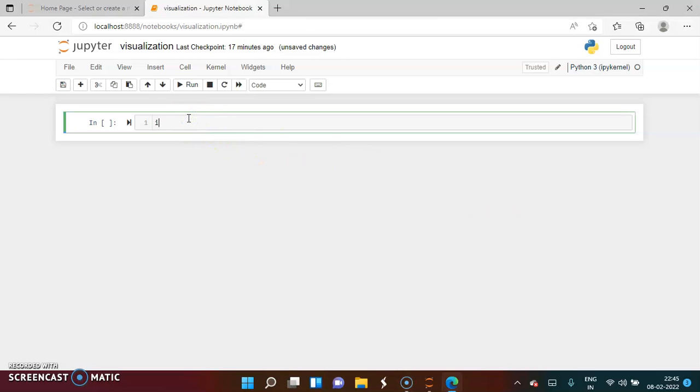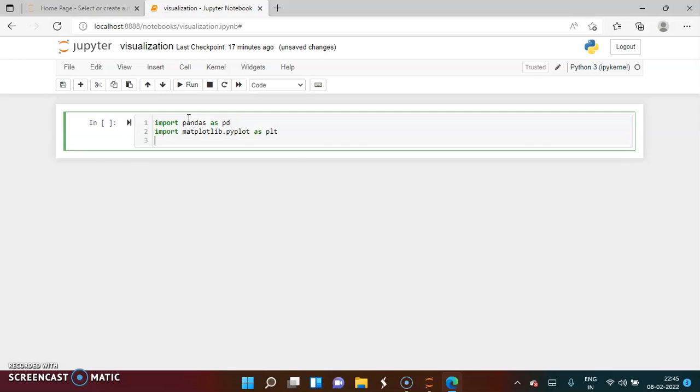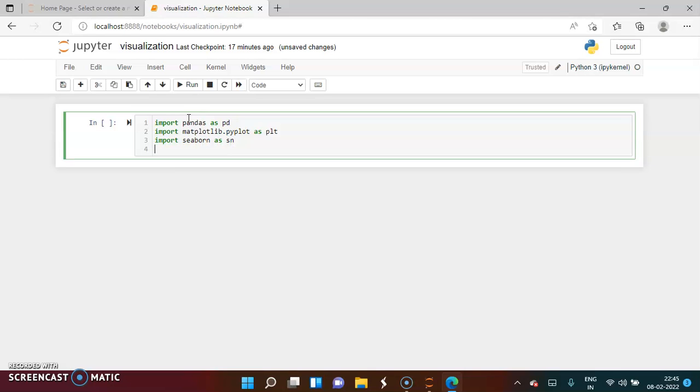Let's get to it. As a first step, import pandas as pd, import matplotlib.pyplot as plt, import seaborn as sn. As usual, we are going to create a data frame where we would be storing our